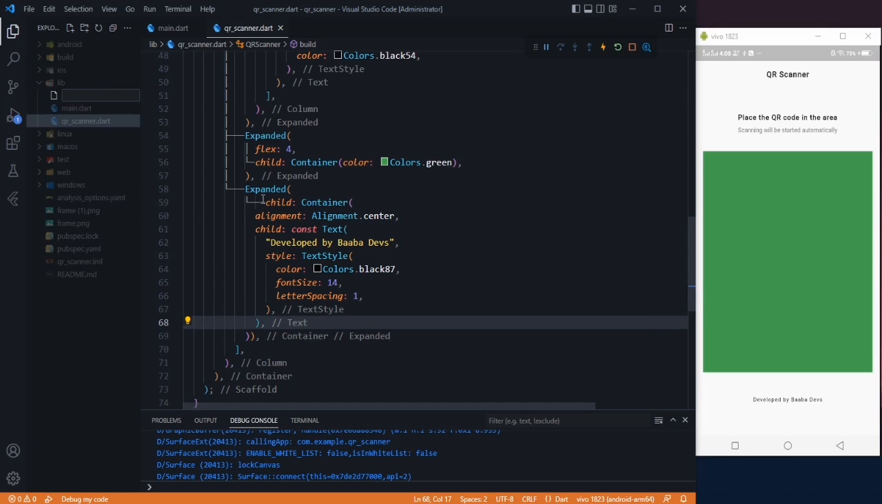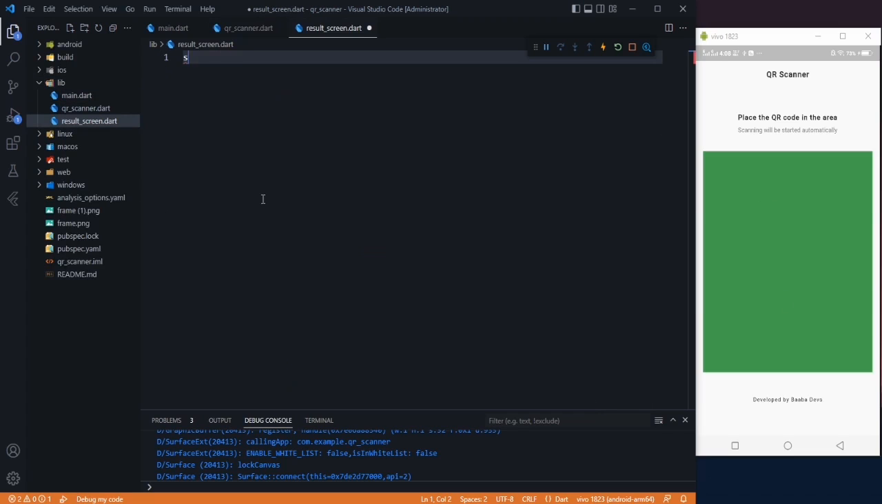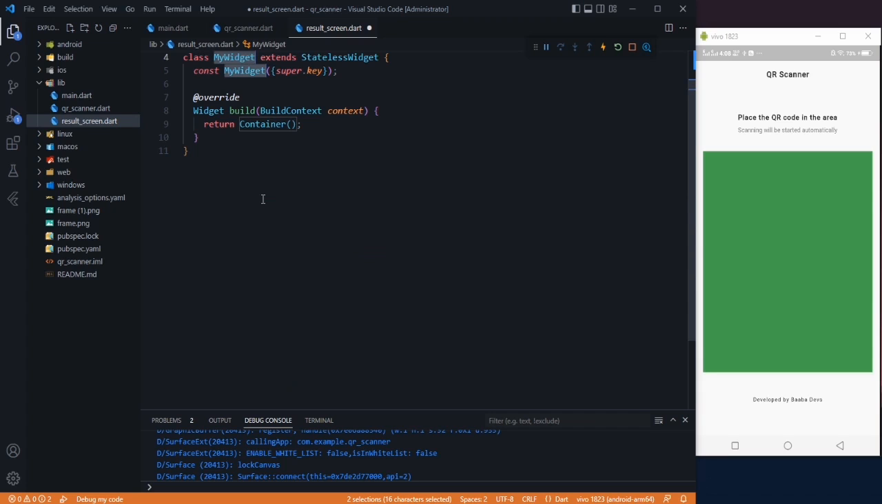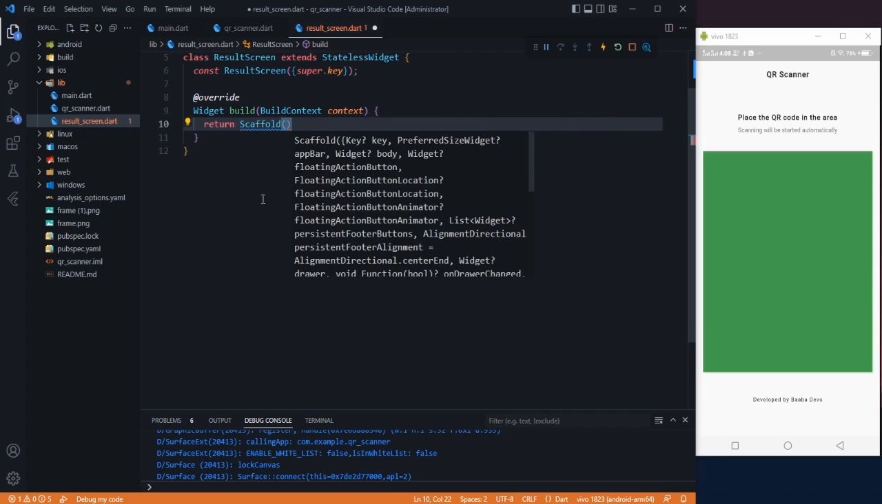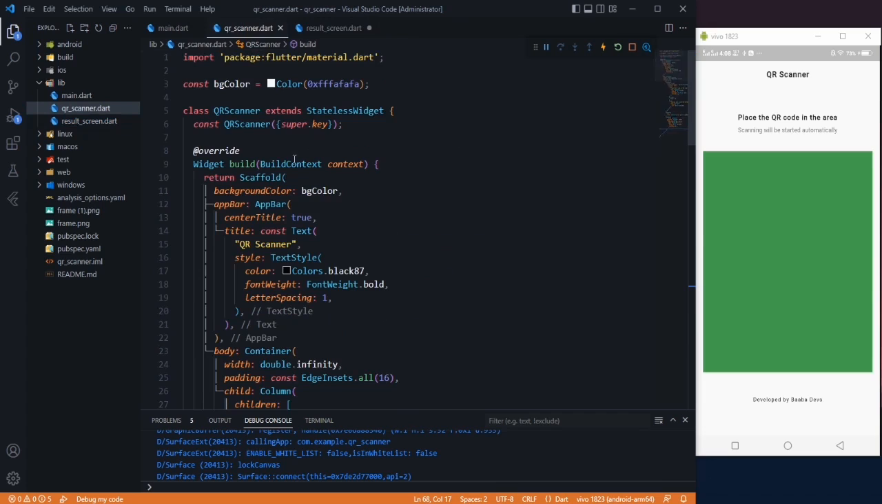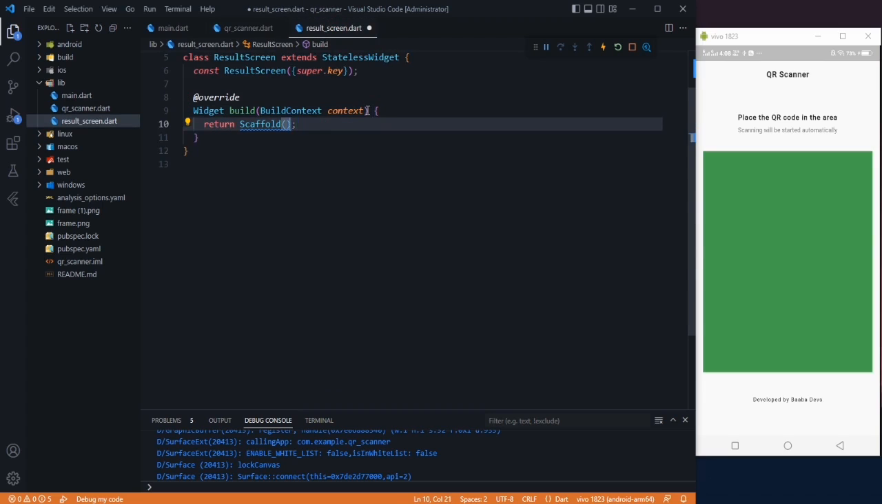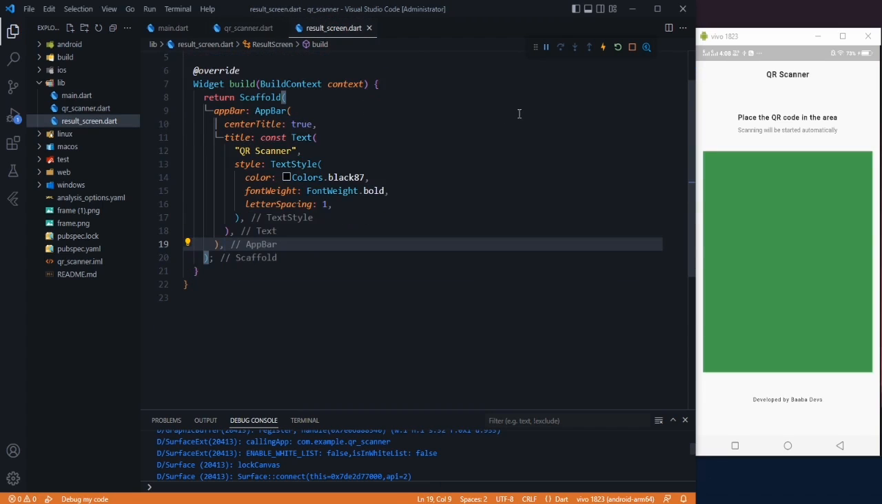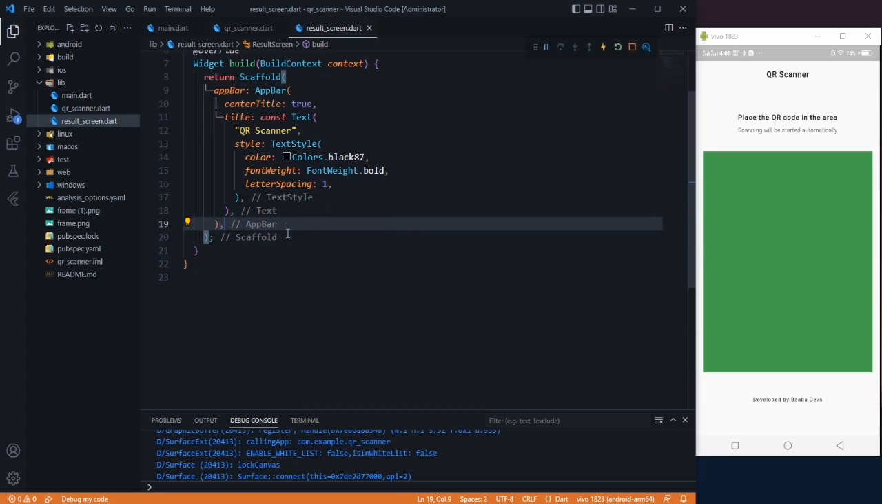Let's create a result screen first. So create another screen and say result_screen.dart, and here use a stateless widget and say ResultScreen, on which our result will be displayed. What is the result of the scanned code? So use a Scaffold, and here just simply copy this scaffold from this app bar from here to here and just paste it, save it, and after that use a body